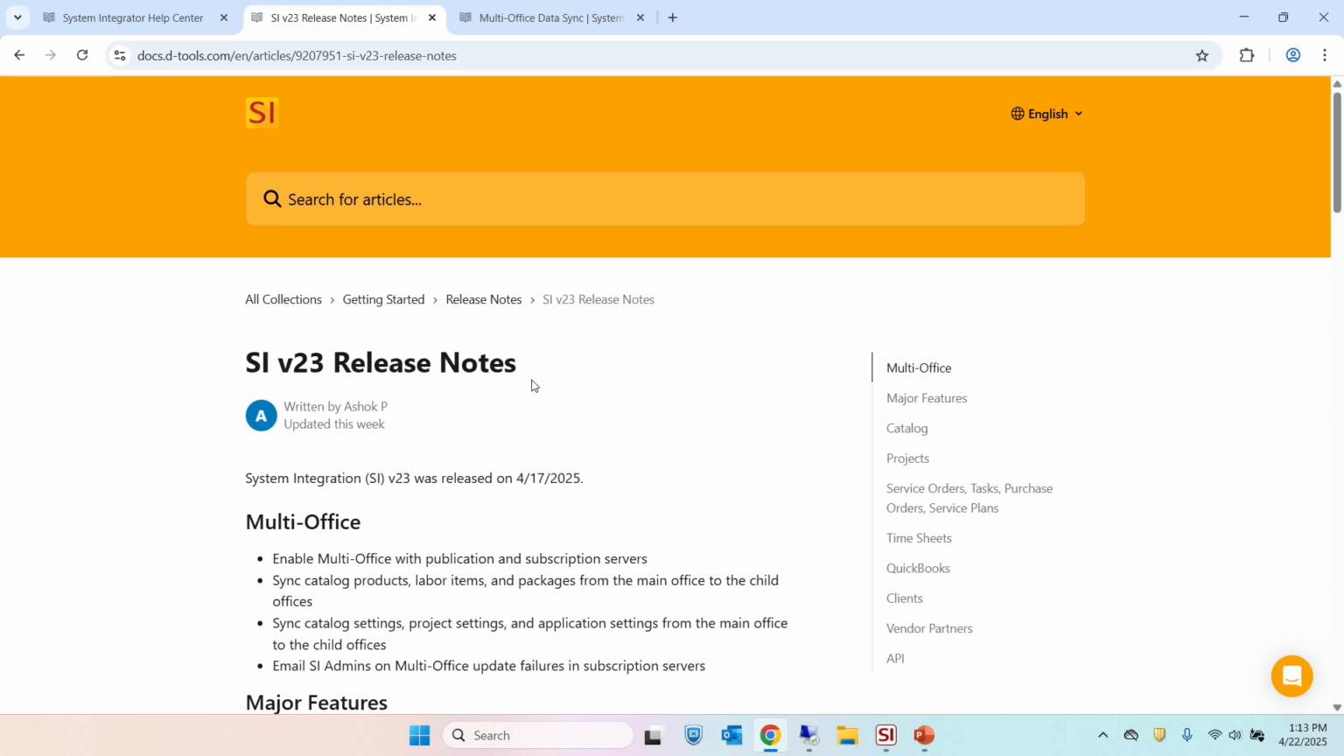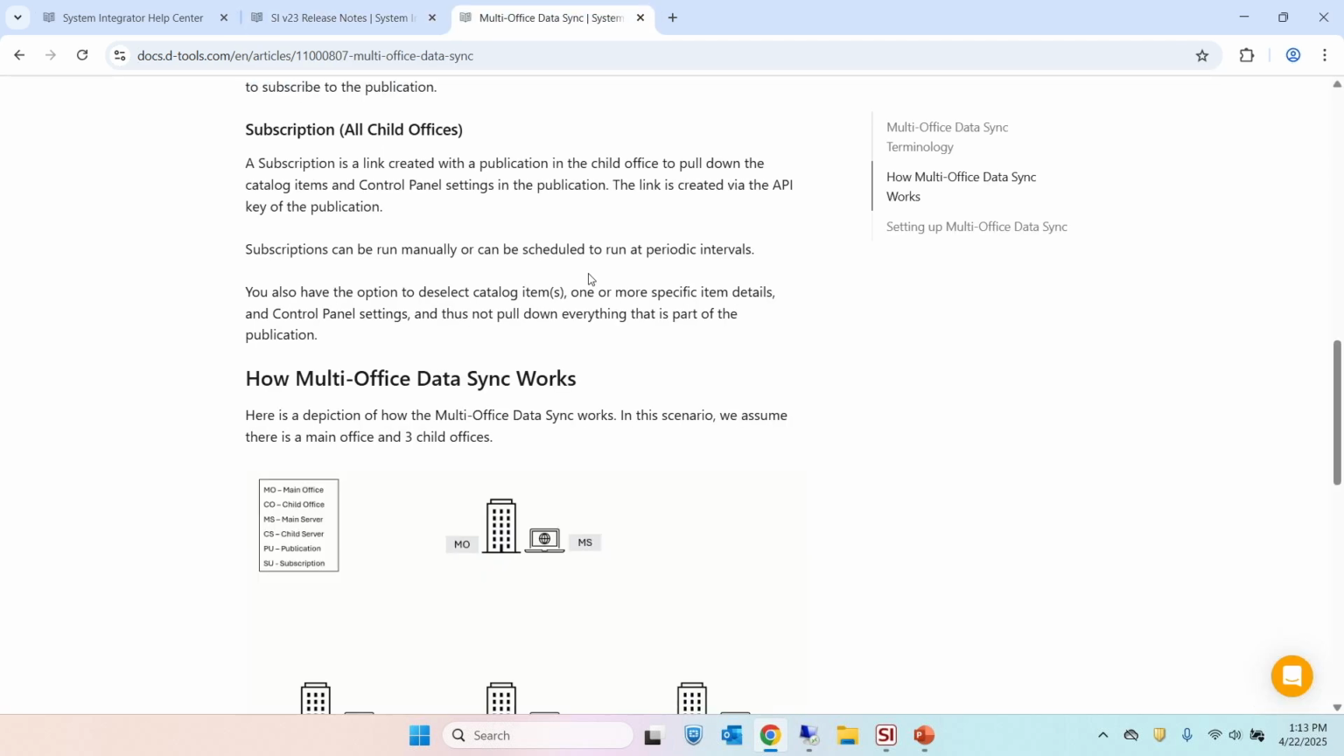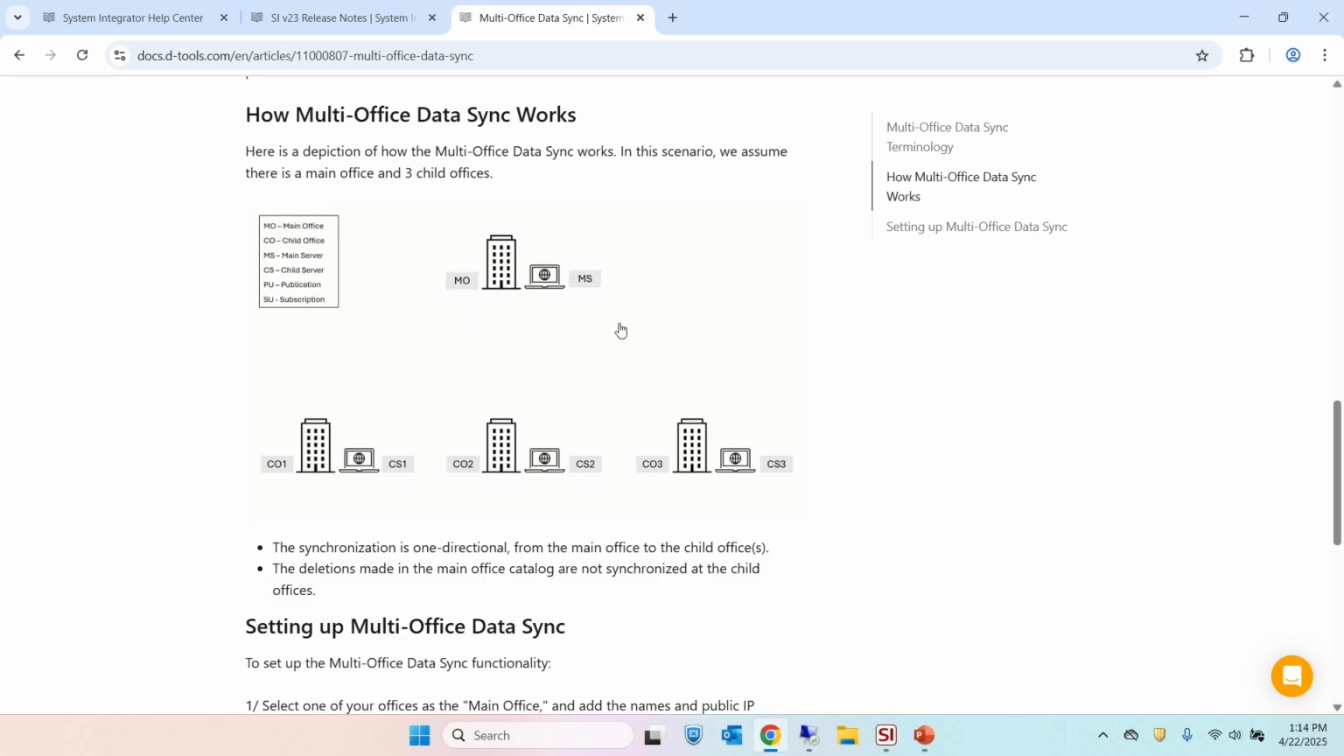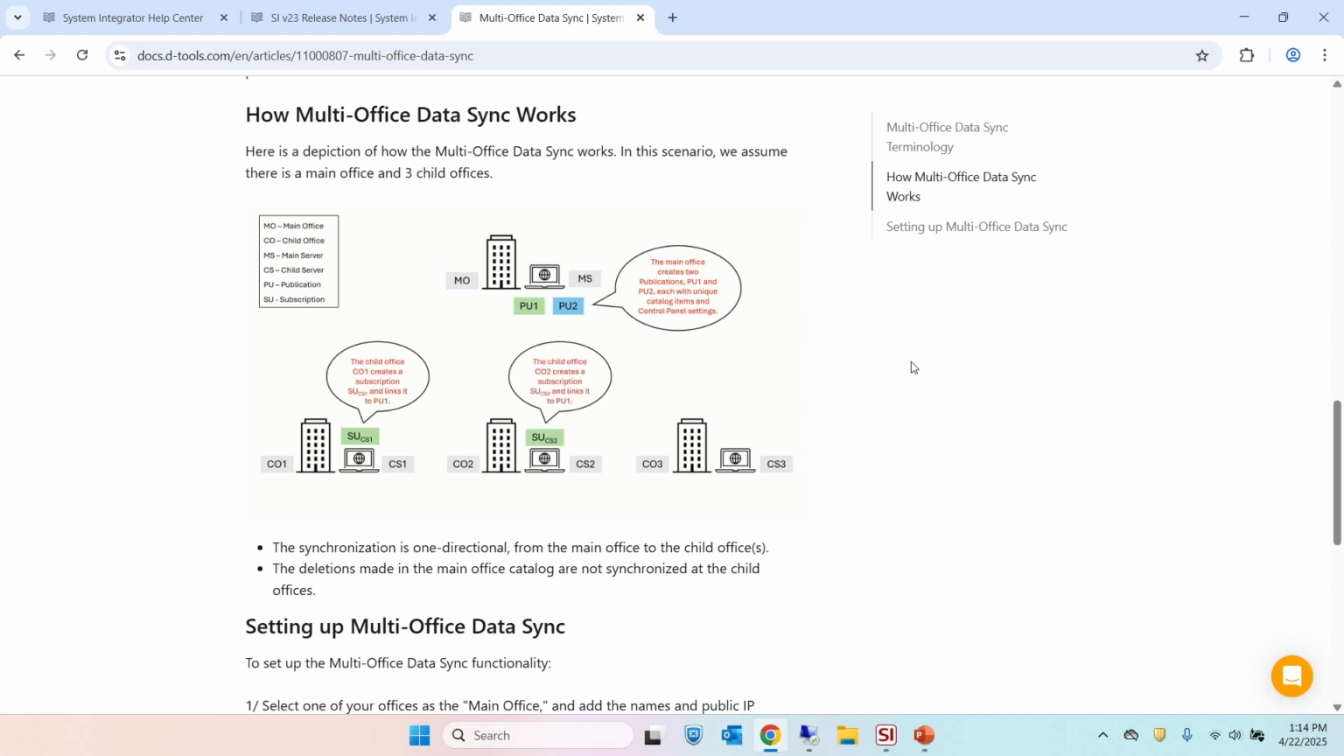Now, of course, we've always had the option where you have one SI server and you can connect everybody from those companies to it. But when you want some sort of separation, we didn't really have that option other than running separate SI servers, with no synchronization between them. So what we've done for multi-office, and I'll just take you out here, this multi-office data sync page has a little GIF that explains it as I talk through this. What you'll do with multi-office is you'll set up one of your SI servers to be the main server,